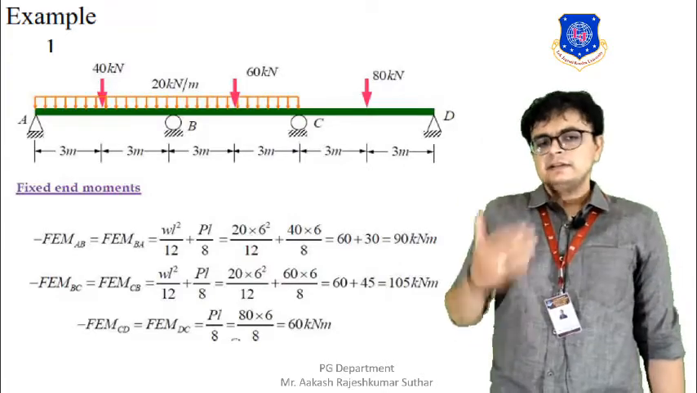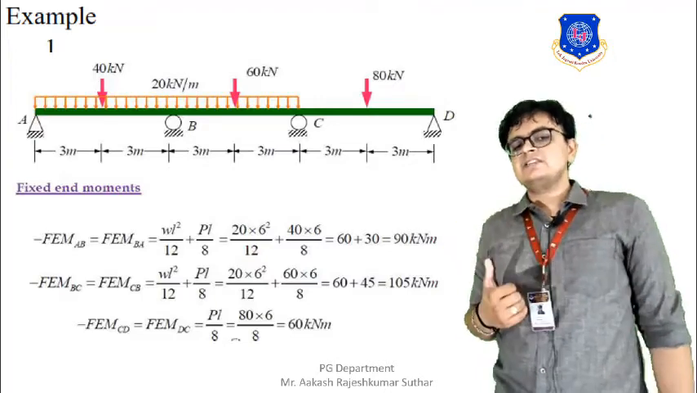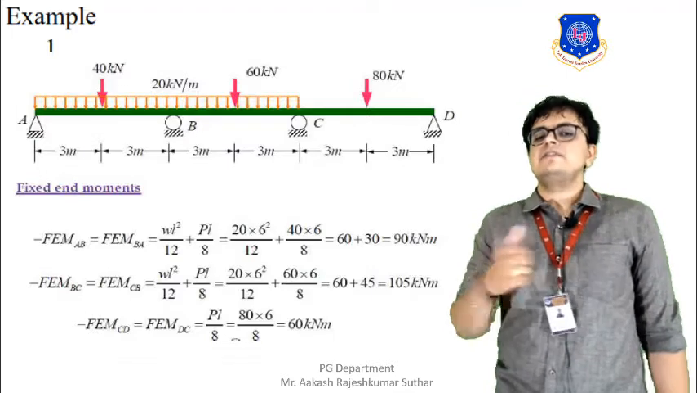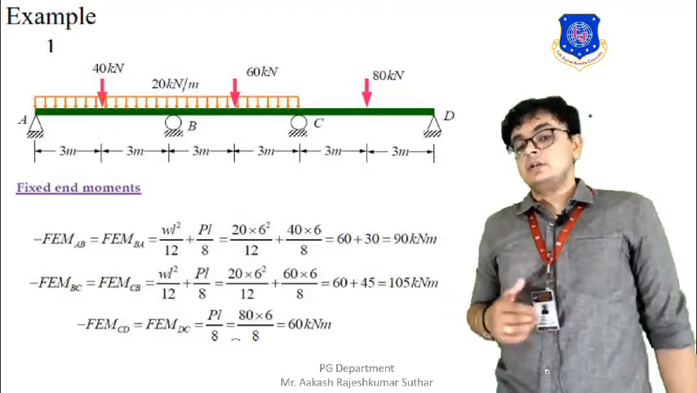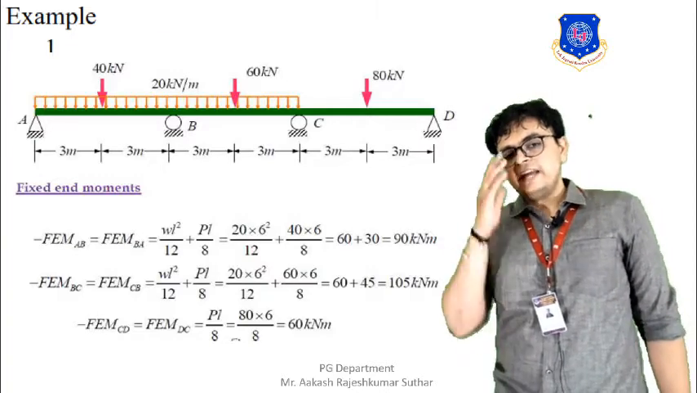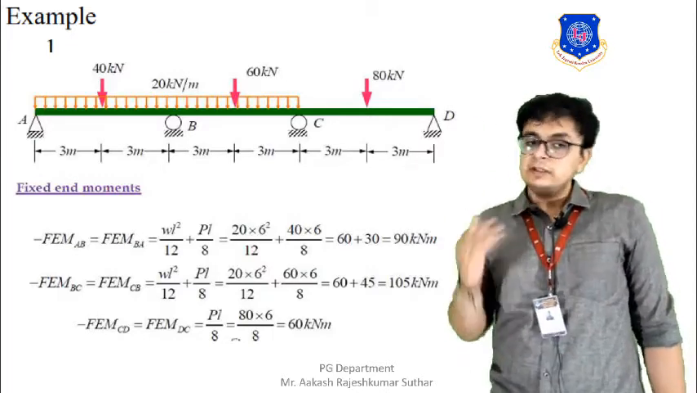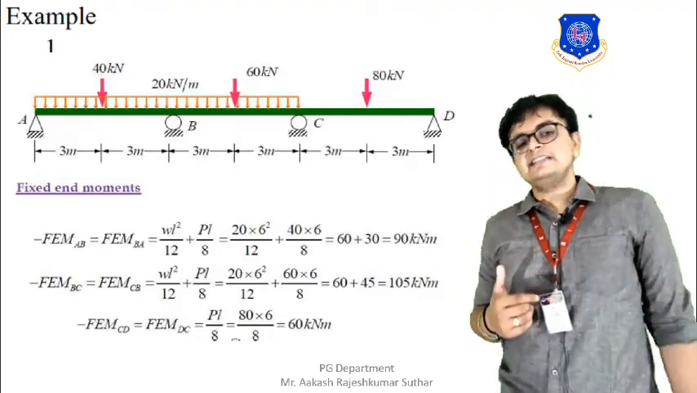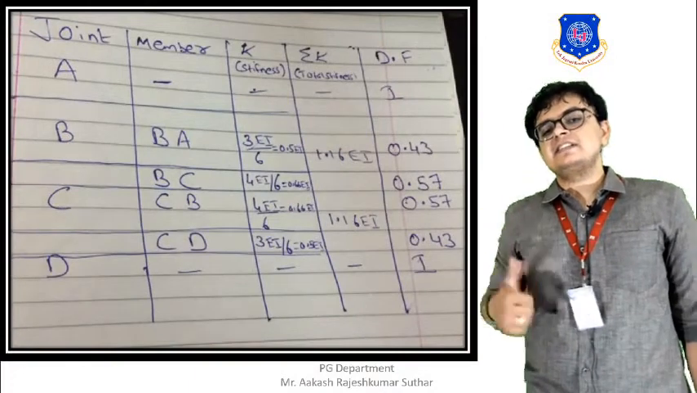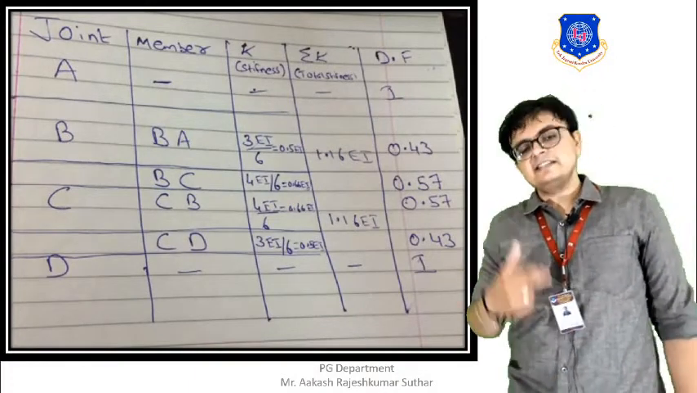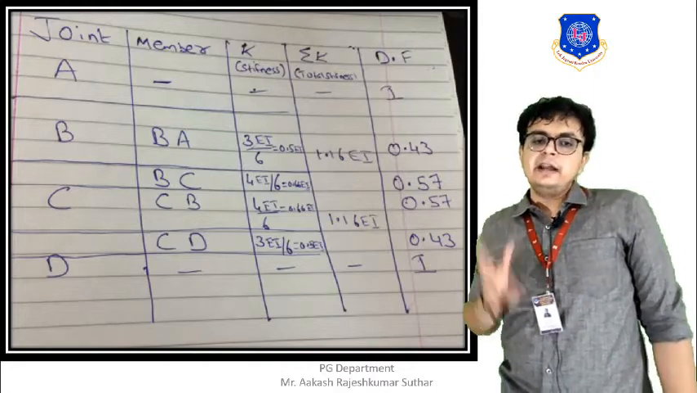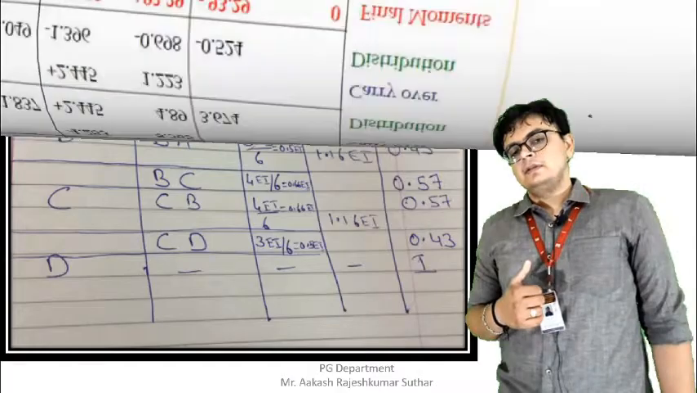So whenever the far support is hinged, our stiffness will be 3 EI by L. Here in BA, B is fixed, but its far end support A is hinged. So we will finalize its stiffness as 3 EI by L. L is 6, so 3 EI by L is 0.5 EI. And talking about BC,